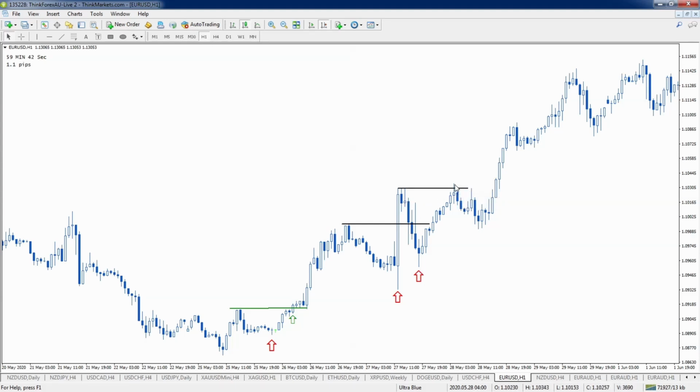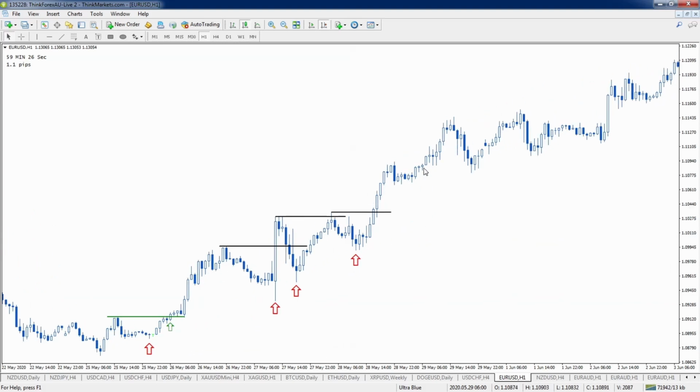So now we've got this new swing high, and we're going to repeat that process again. So I'm going to mark off that swing high, and we're looking for the price to get just above that level, and the swing low in between these 2 points is right here. And we're going to do this over and over and over again until we get stopped out. So we can see we get a swing high and the price moves down and breaks above that swing high. And then again, price moves down and then breaks above that swing high. So we're taking our stop loss and we're moving it to here and then to here.